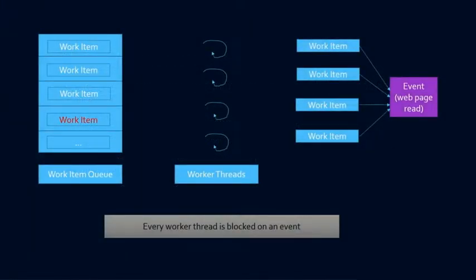Here we have one simple queue. Now, one thing it should be apparent is you're going to have priority levels on these things. And so you will usually have multiple queues per priority level. But this example is very simplistic. And so you have a series of work items here, and then you have one or more threads executing those work items. And then it turns out that all of the current work items are blocked on a web page read. And so all of these work items are in the block state, or TP wait,